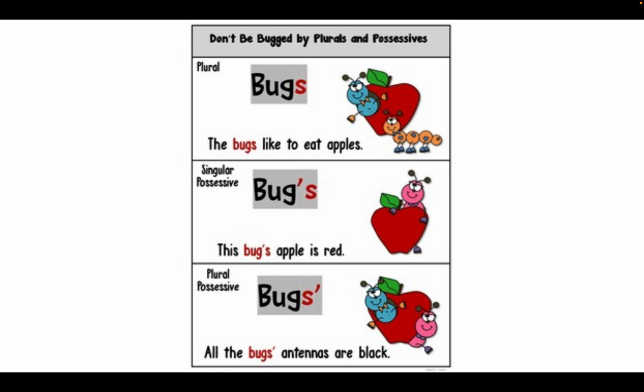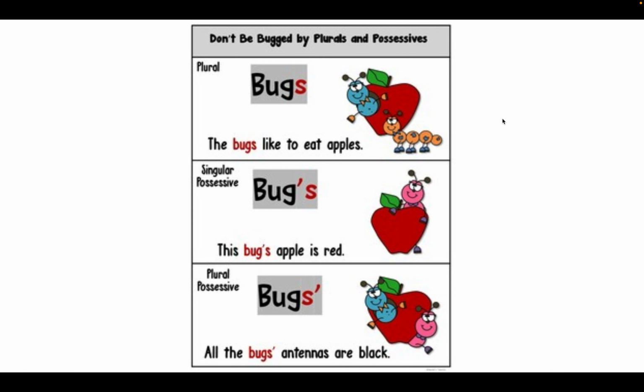Okay, moving on. This graphic is actually really good. I like this a lot. I think it's pretty easy to understand. The visual aids are cute. Look at her. She's pretty cute. Don't be bugged by plurals and possessives. Get it? Because bugged and they're bugs. Okay. Anyway, if you're making a noun plural, most of the time you're just going to add an S to